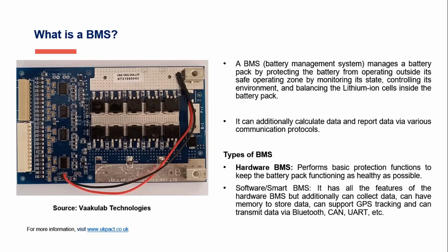Sometimes there is a controller failure, and then the motor just demands high amps, and the motor becomes inefficient. If there's a BMS, it will make sure that it will not give you that kind of current, because you're abusing the battery by discharging at higher current rates. So all the predefined things are set in this BMS, and another important thing that it takes care of is the